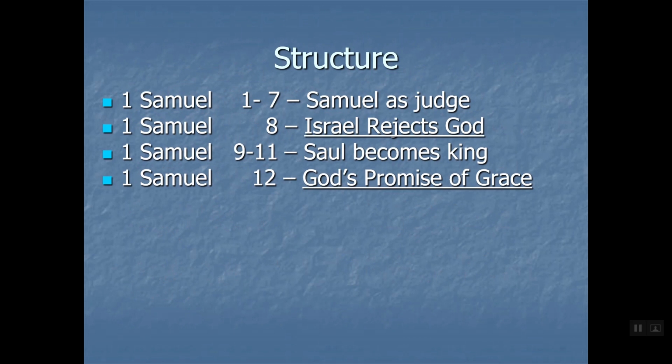I think 1 Samuel 12 is a really key chapter. It's God's promise of grace. He says, look, you did really bad in asking for a king, but I'm going to turn it for good. And indeed, it was part of God's plan. Just like Adam and Eve did really bad in what they did. But God is going to turn it for good to show his glory, to show how he'll save a people in their sins. So God's going to use it for good.